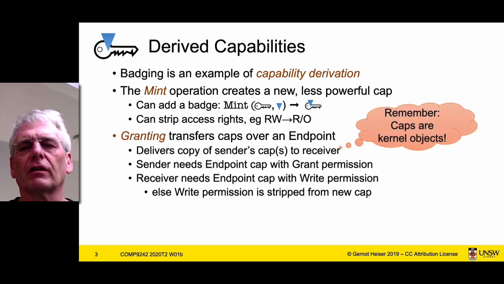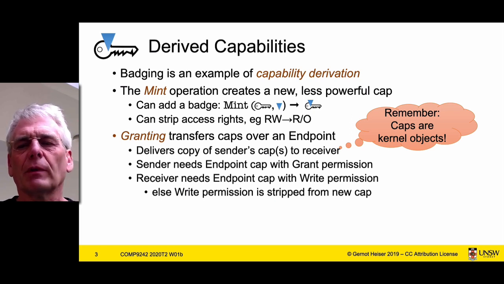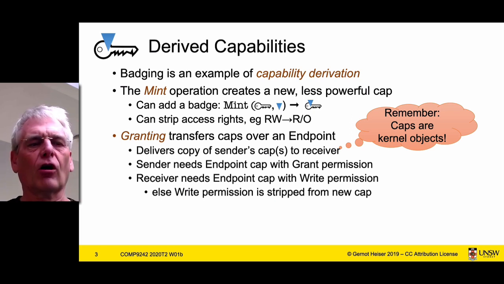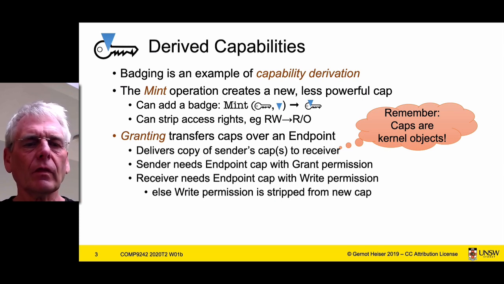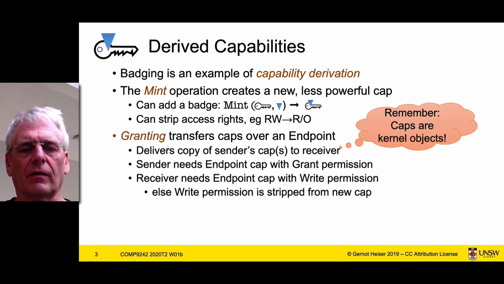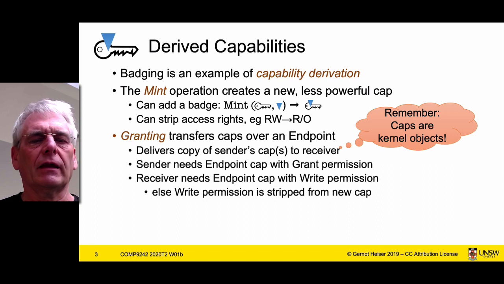Another way of creating a derived capability is granting. So this is the operation of sending a capability over an endpoint to a different protection domain. Inevitably, this is going to create a copy of that capability in the other address space, or actually C space. So the operation of grant produces a copy of the capability, hands it to the receiver, and in order for